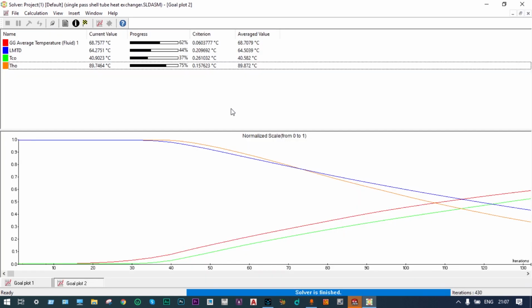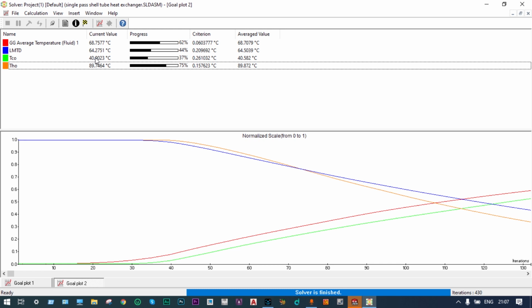Mesh refining is going on. Let the iterations move on. Whenever it is finished, we'll see the results and go for detailed analysis. We can see here right now the solver is finished. From the window itself, we can see that after 430 iterations, it has completed all these iterations, and from the results we can see that the average temperature of fluid is 68.75 degrees centigrade, and temperature of cold